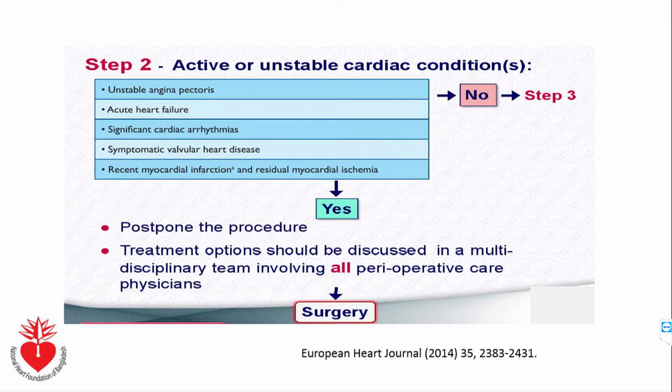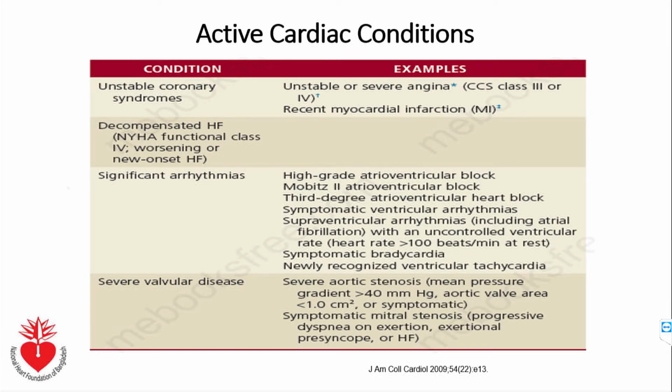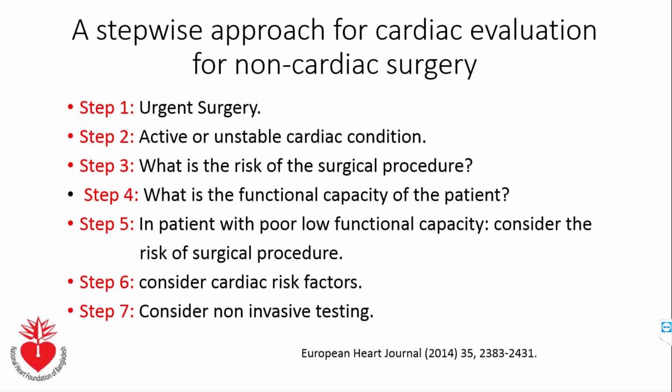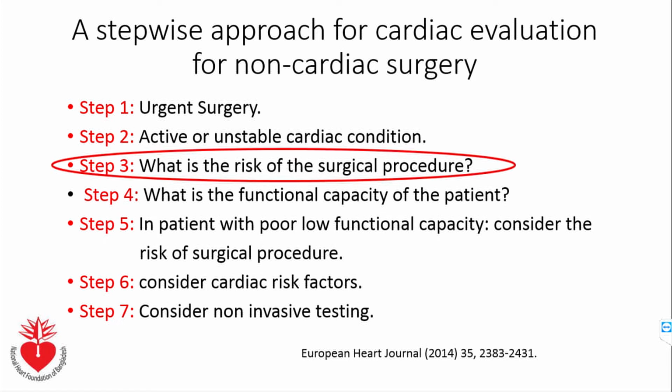If the patient has none of these active or unstable conditions, then you can move on. If the patient is in class 3, I have specially mentioned decompensated heart failure, different types of arrhythmias, and in valvular disease, two very important ones: severe aortic stenosis and severe mitral stenosis. And if the patient has no active or unstable cardiac condition, we can move on to